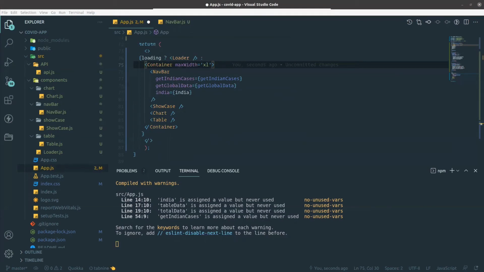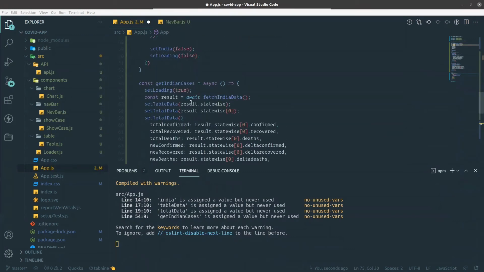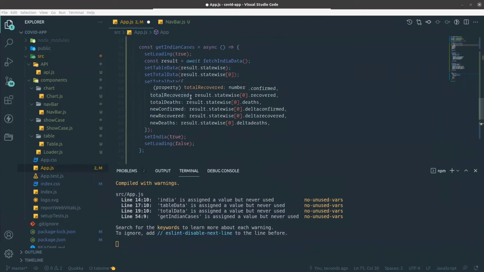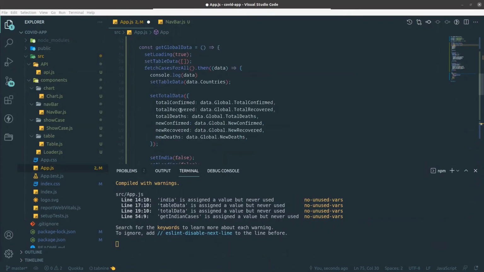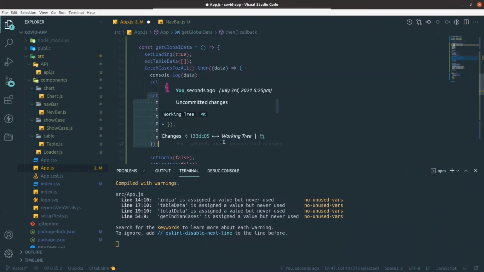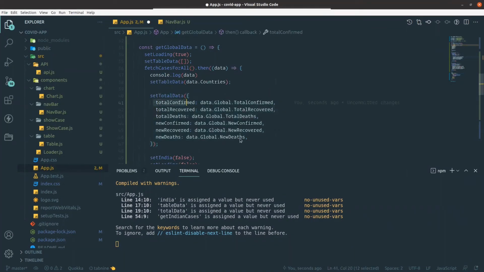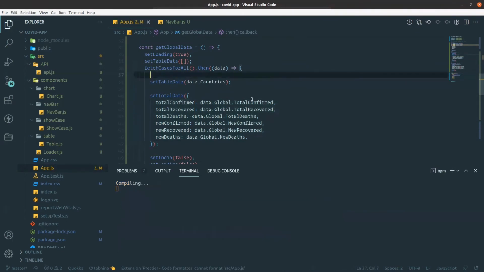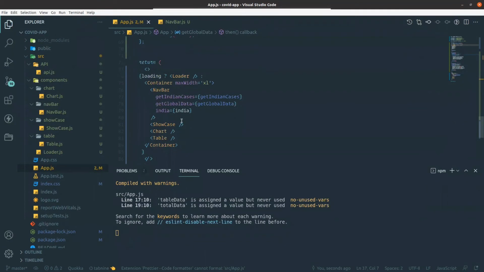I already told you I need these three data in the neighbor component. I also need to pass some data to all those components like showcase. For global data, you can see I am storing it in the state as global data. For Indian cases, I am storing only the Indian data. I have to send that total data to the showcase component and the chart component as well.